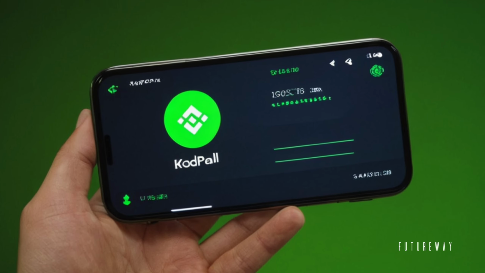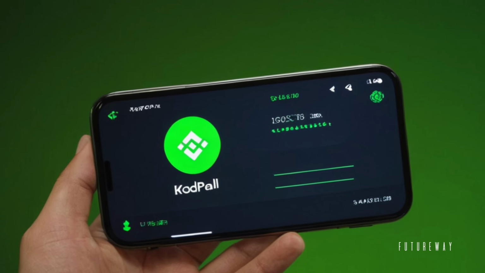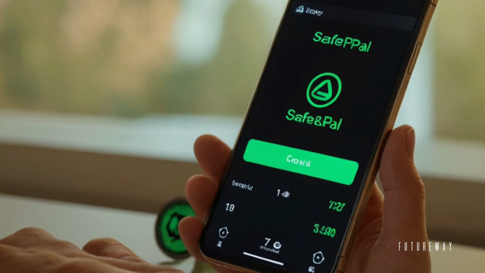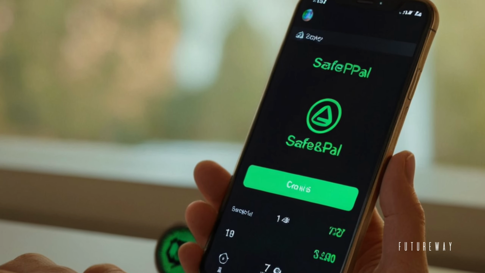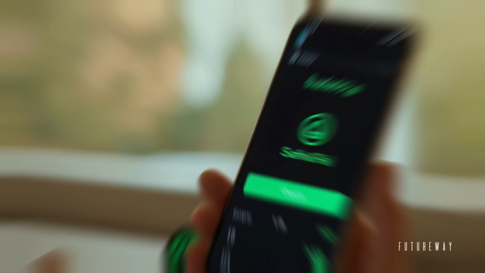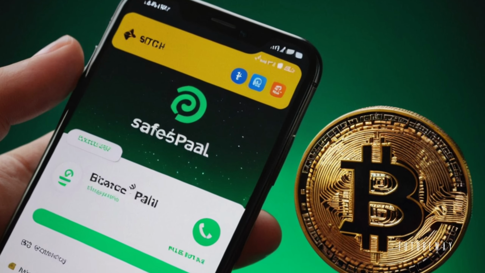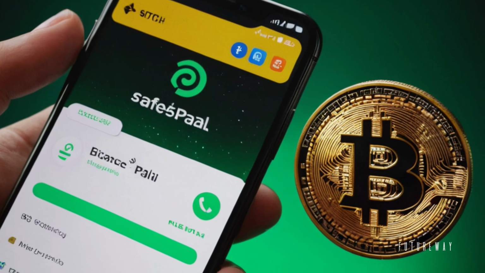You'll now be prompted to confirm network fees. This is important. Gas fees vary by network. BEP20 is usually cheapest, TRC20 is fast and low cost, and ERC20 can be expensive depending on Ethereum congestion. At this point, we'll also discuss gas fee management, including tips to send at low fee hours, early mornings in the USA, or late night UK time. After confirming all